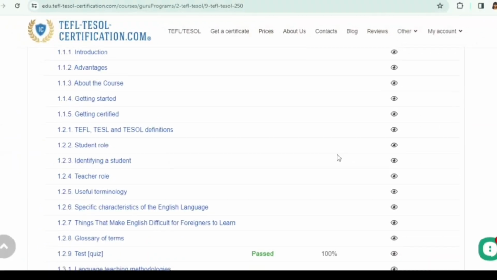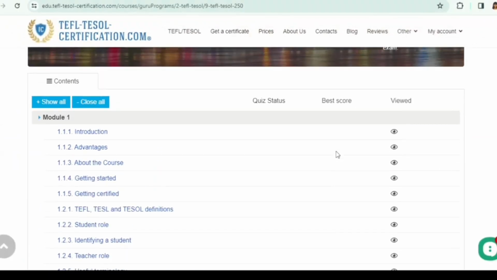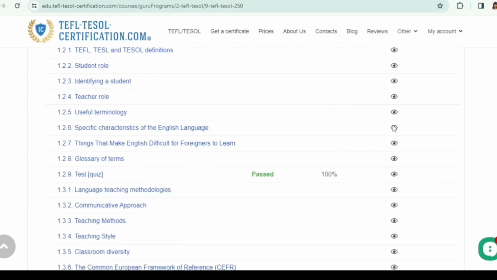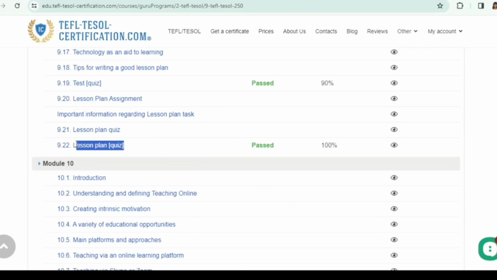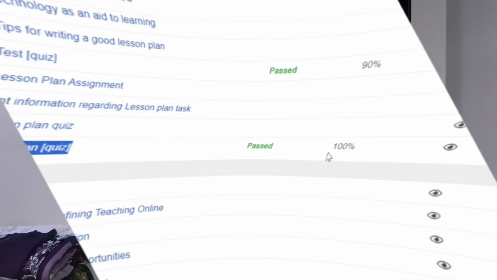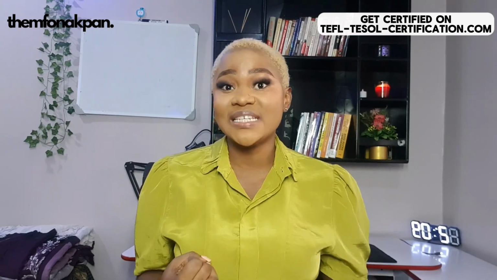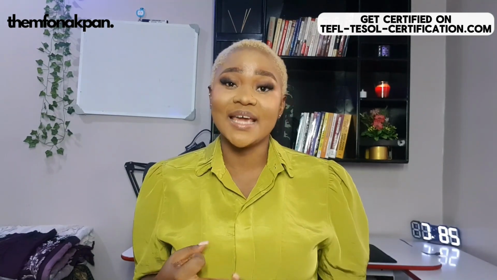So let me tell you a bit about the modules. The TEFL-TESOL course module follows a structured format, including presentations, practice, and end of section quiz. The modules cover a range of topics from introduction to TEFL-TESOL to teaching specific English skills like reading, listening, writing, and speaking.